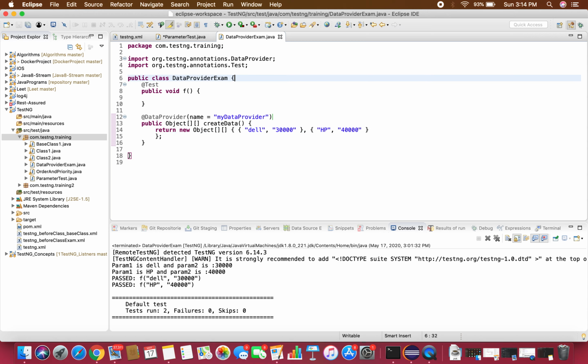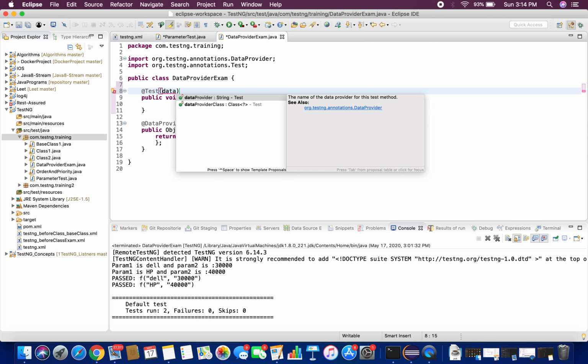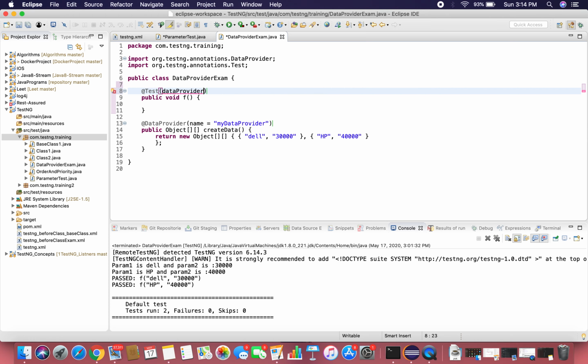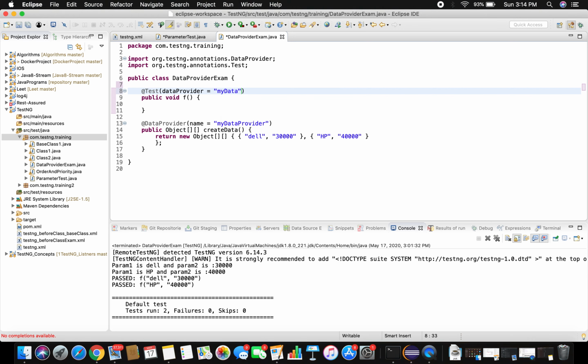Now how do you access the data using this data provider in your test case? Since you named the data provider as myDataProvider, I'm going to use the dataProvider option at the @Test annotation level. dataProvider is equal to, you need to mention myDataProvider.